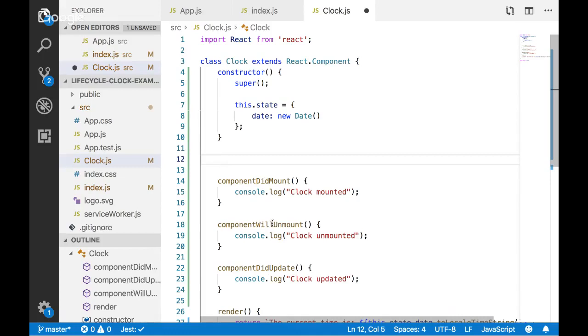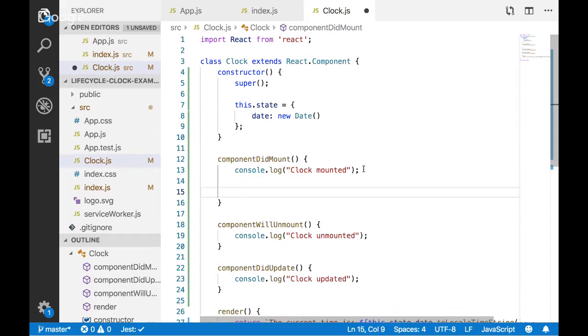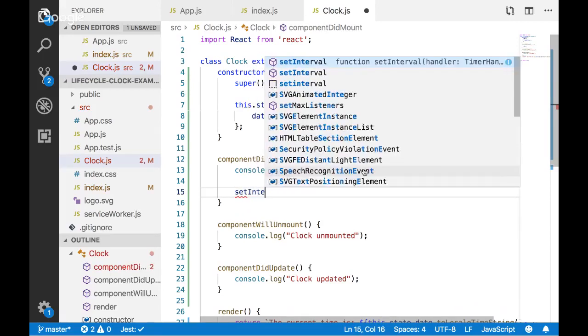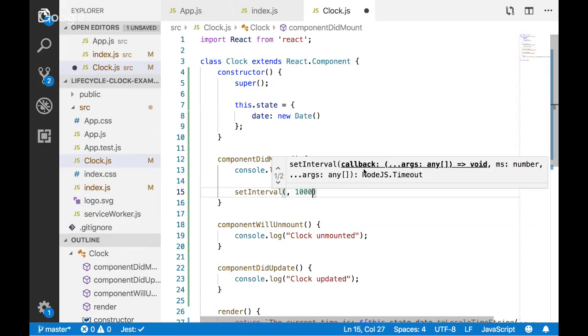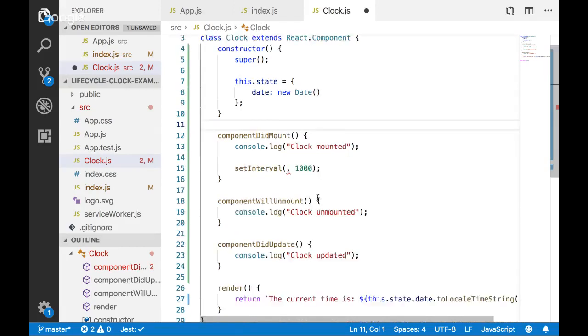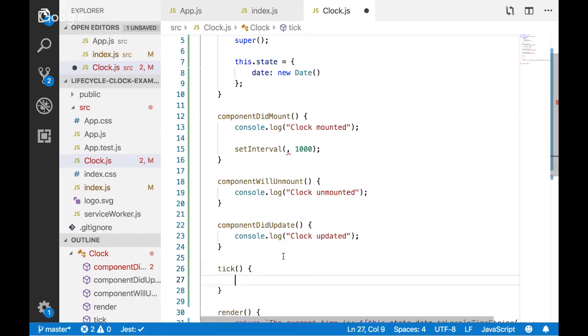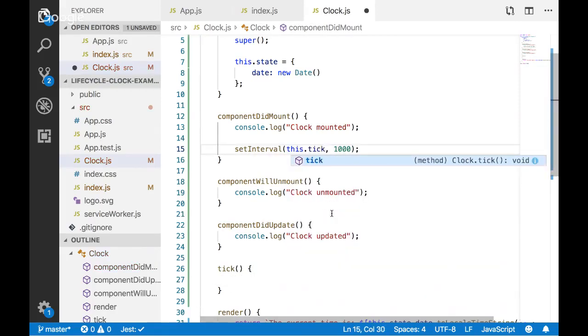So instead, we're going to go into this componentDidMount that we already have. And here, we're going to create this interval. So we're going to set our interval. And we're going to say for every second, we want to do something, right? And what do we want to do? I'm just stealing the React documentation for this one. I like the name of it. What we want to do is, and I'll move it down here, it doesn't matter where it's defined, we want to have the clock tick. It's pretty simple. So we're going to reference this.tick. We need that to update on our intervals.